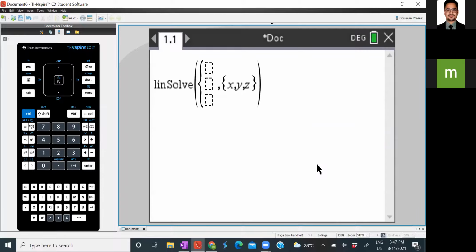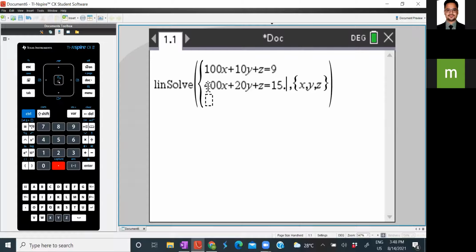And click OK. Now it is asking you to insert the values. All right. Now I'll do that. Just see. Instead of A, I'll be using X. Instead of B, I'll be using Y. And instead of Z, I'll be using C. So it's like alternate. So its first equation was 100x plus 10y plus z is equals to 9. This is one of my equations. The next one was 400x plus 20y plus z is equals to 15.25.